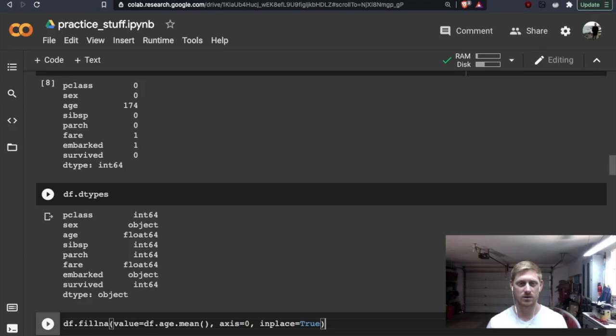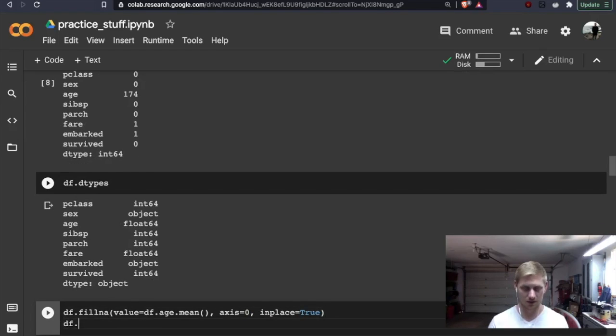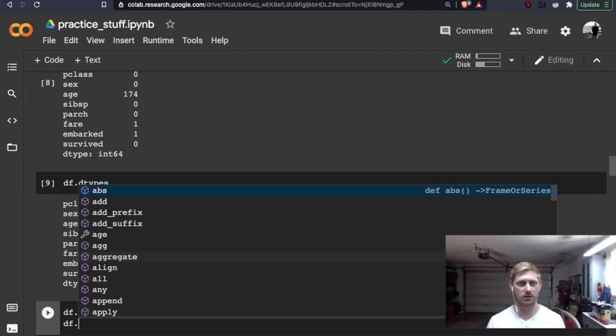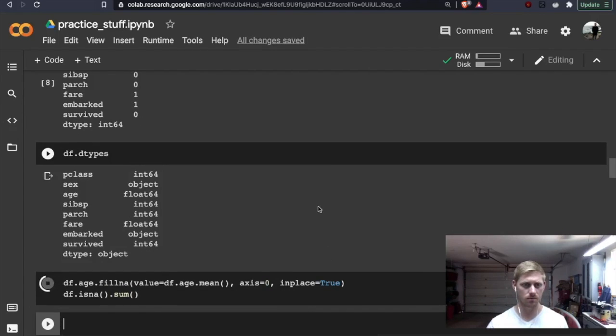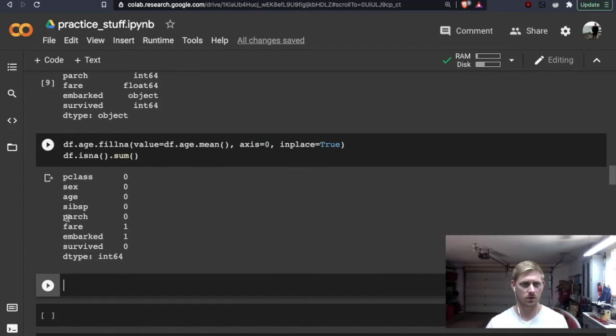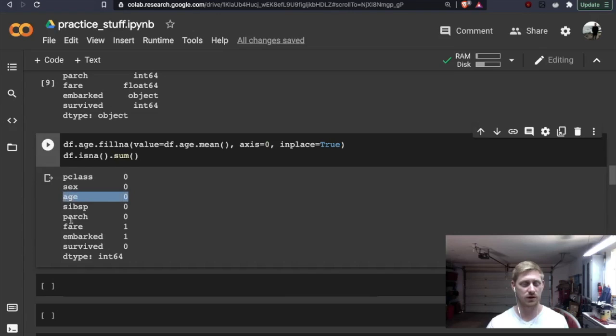And let's go ahead and see what the null value would be. Before we do that, let's also make sure we're calling our age. So we'd call the dataframe.age.mean, that's fine. And let's see if there's any null values. Perfect, so there's no more null values for our age group.